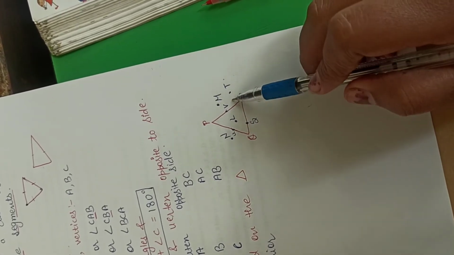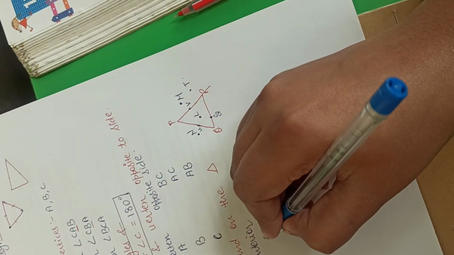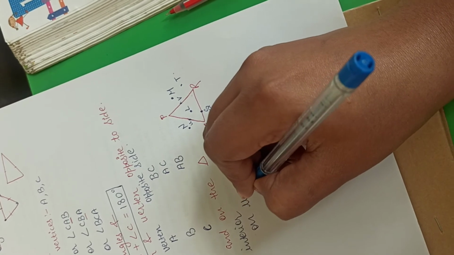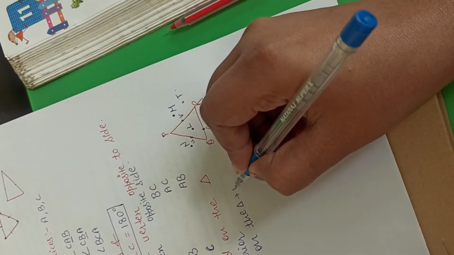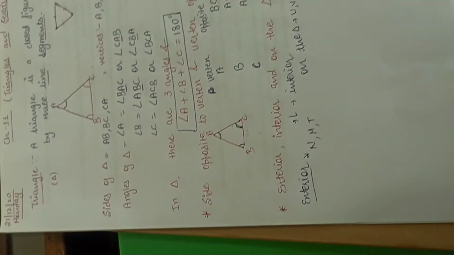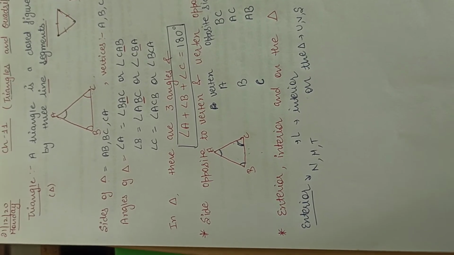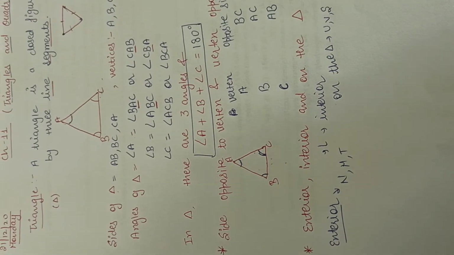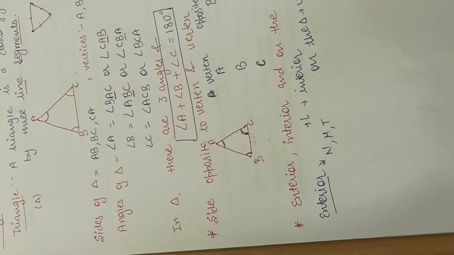They lie on the sides, U, V, S. So if they lie on the side, it means they are on the triangle. U, V and S. Clear the concept? What is exterior, interior and on the triangle. One more point which you have to remember here, that is,